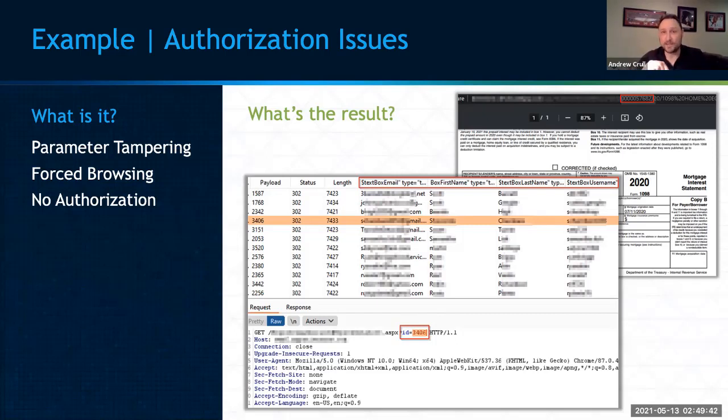The second problem I saw there was the no authorization. This was actually accessed through the application, so a cookie was sent with it, but I pulled the cookie out and tried again, and I could access this without any authorization whatsoever. The biggest problem with that one is that this was a GET request. There's nothing else in there that's doing any kind of authorization whatsoever.